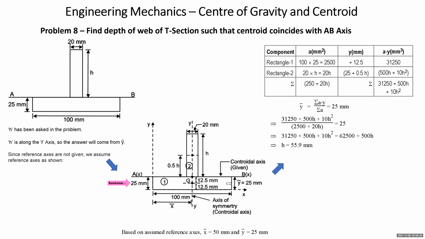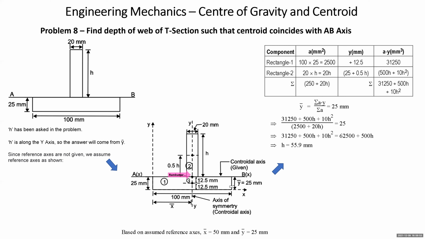So I will have to assume that y bar is given to me. What is y bar? It is given to me as 25 mm. Again, I repeat that I took this corner as origin, x reference axis, and y. This is the y centroidal axis due to symmetry. This is the horizontal centroidal axis x. Where the two intersect, that becomes the centroid of this plane area. All right. The distance between the x reference axis and the xx centroidal axis is called y bar. So in this problem, y bar is 25 mm.